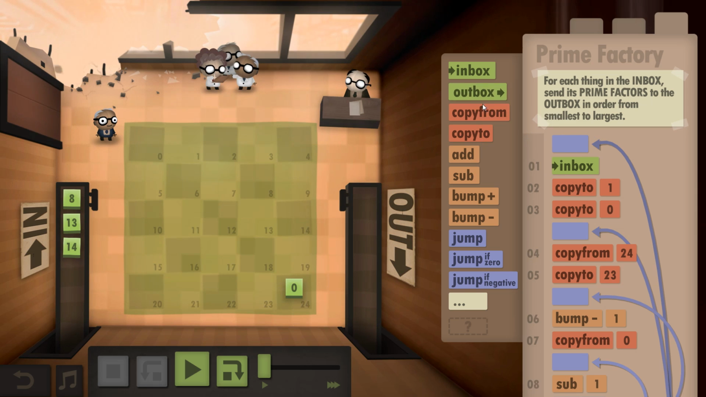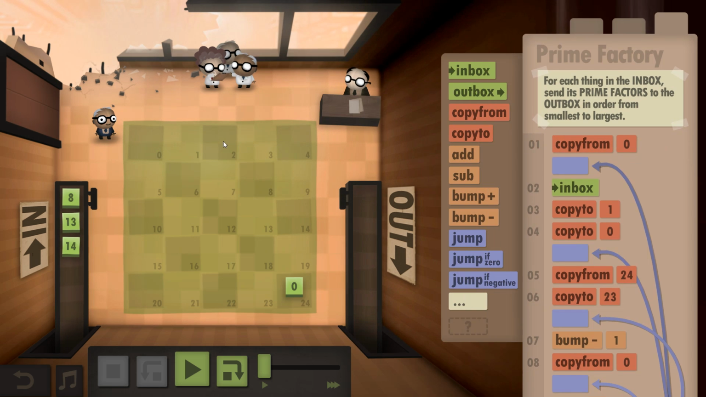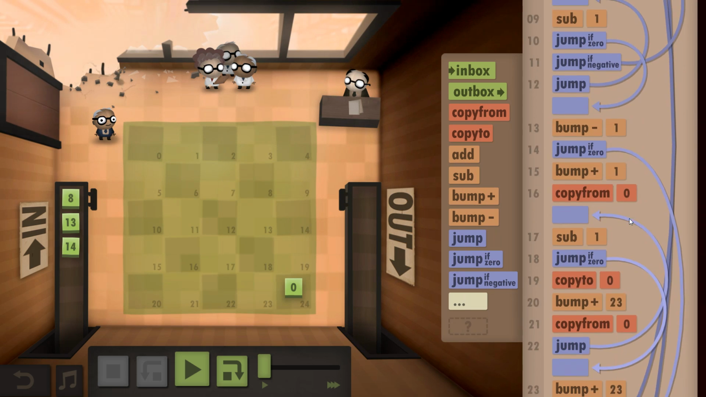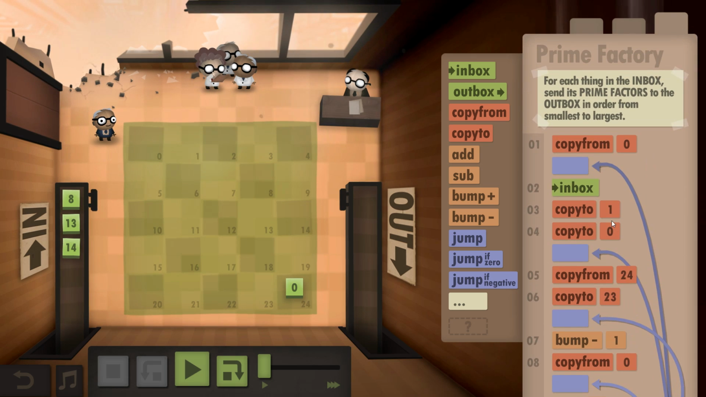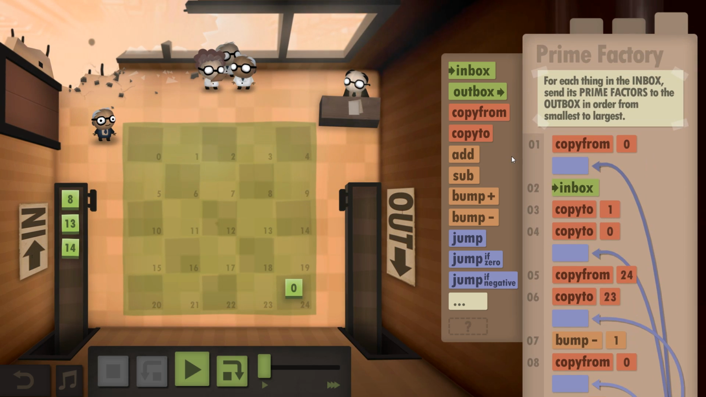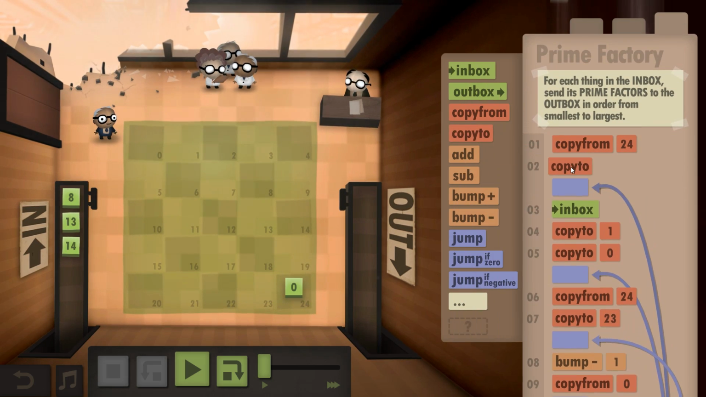I don't know, let's just try it. I don't use anything from 2 to 1, 2, 3, 4, 5, 6, 7, 8 to 9, right? I used 0, 1 and then 23 to 24, yeah. Alright. Copy from 24, copy to